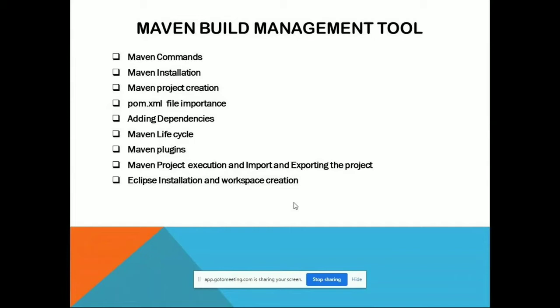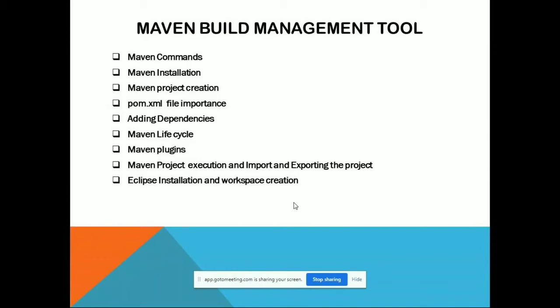For that purpose, Maven provides this: if you mention all the dependency details inside the pom file, all the corresponding supporting jar files will be automatically downloaded and added to your project.